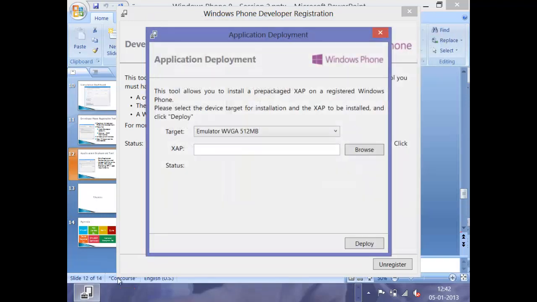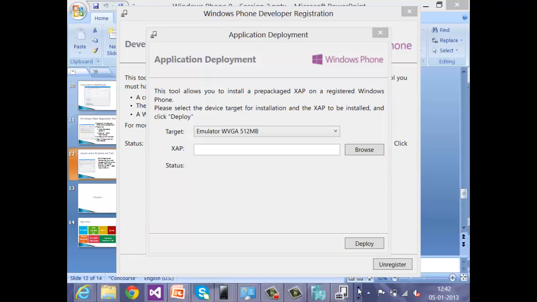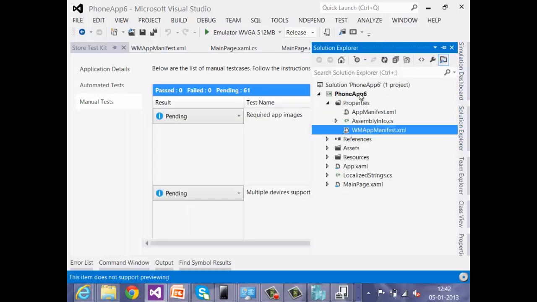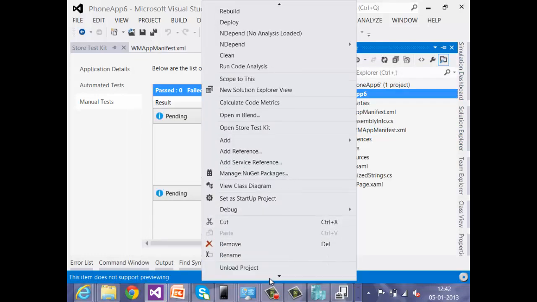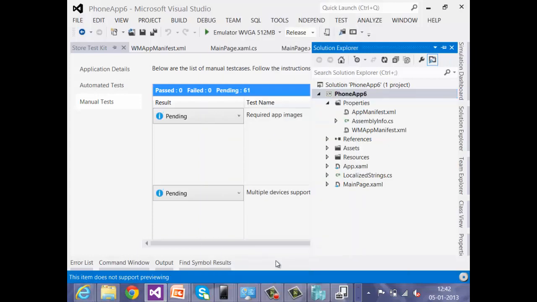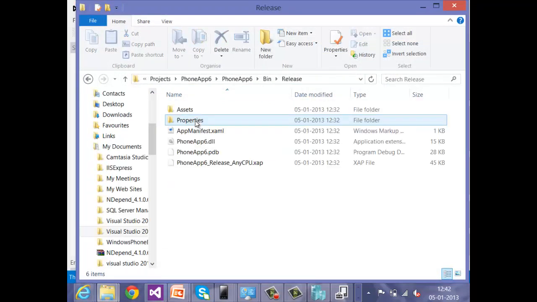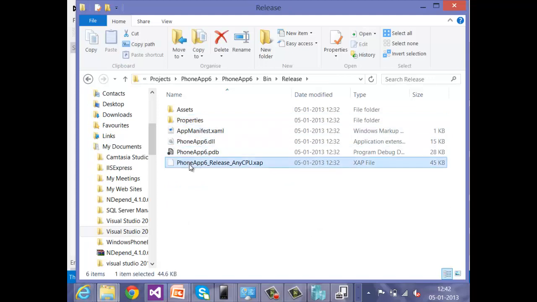Okay, I'll get the path. I go to the bin folder, select release, and I have this XAP file.